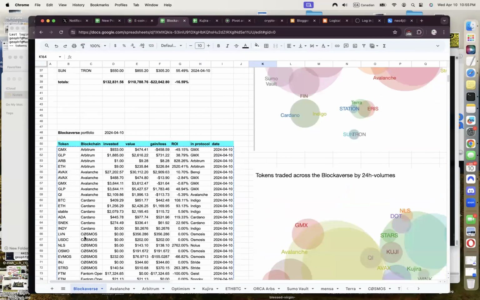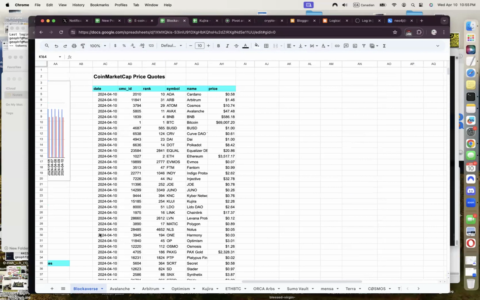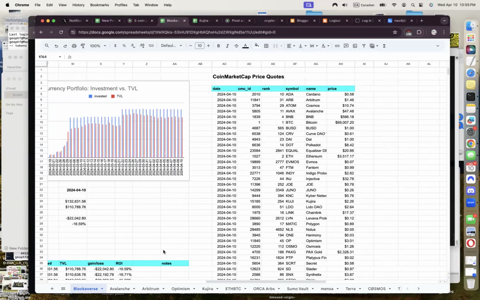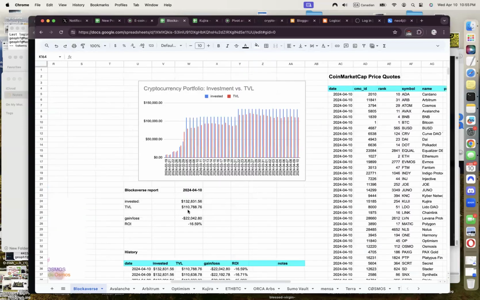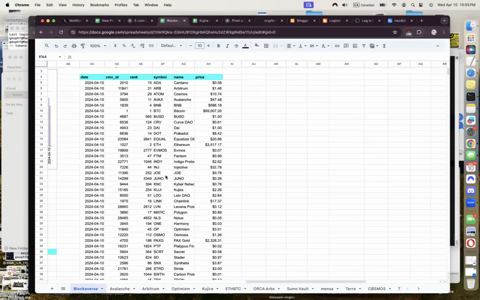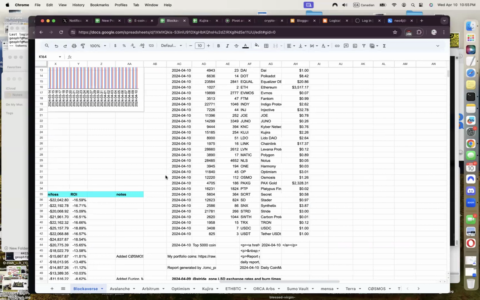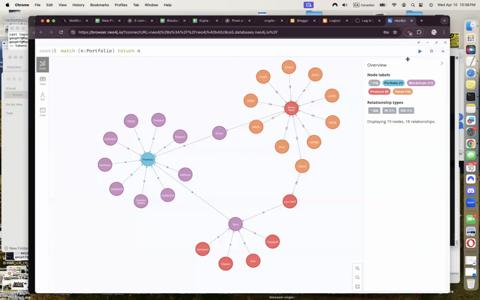So an interesting question to ask is, are all the tokens that I query against CoinMarketCap being used in my portfolio? Well, you could create a pivot spreadsheet if you're so inclined and query that information by creating more spreadsheets from the spreadsheets that you already have. That's one way to do it, by creating a pivot table. But now that I have this information encoded into a graph database, I can also query it via the graph database, because if you look at my graph database,